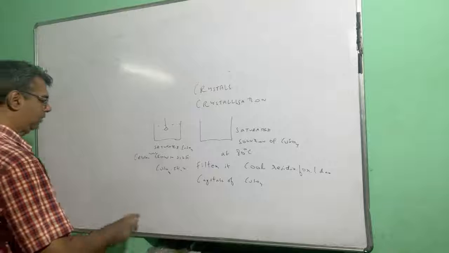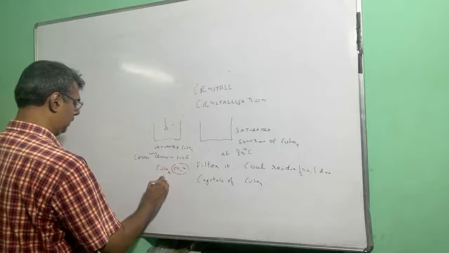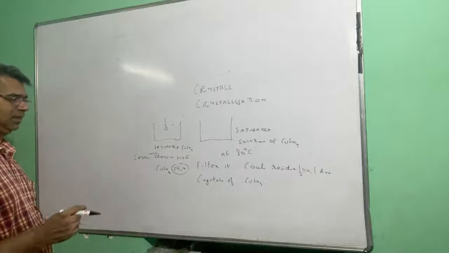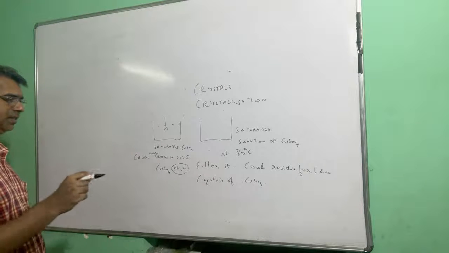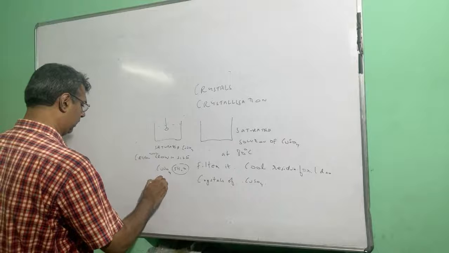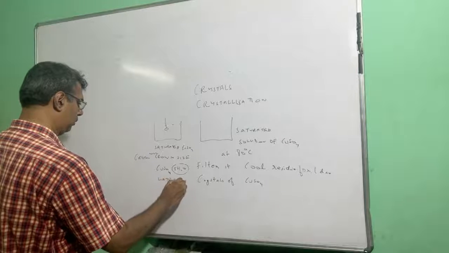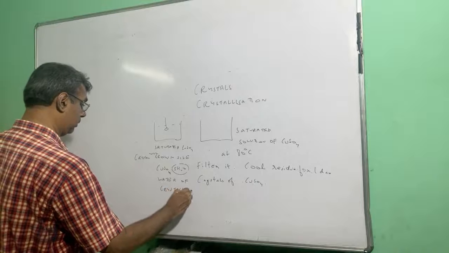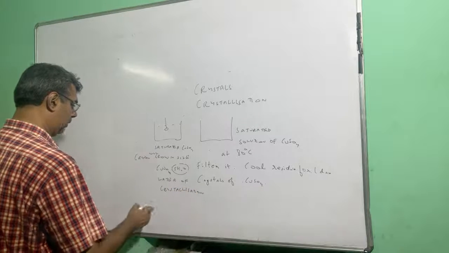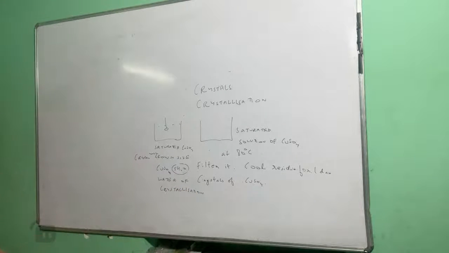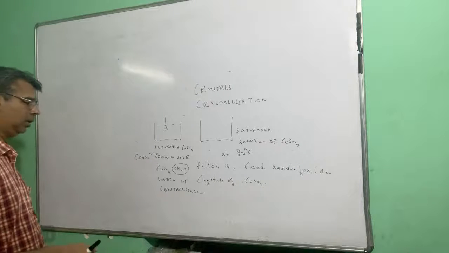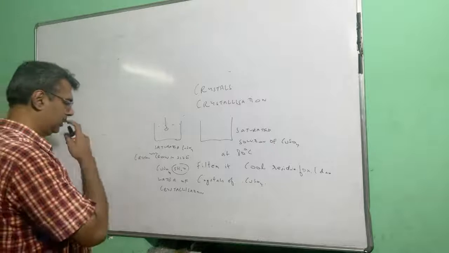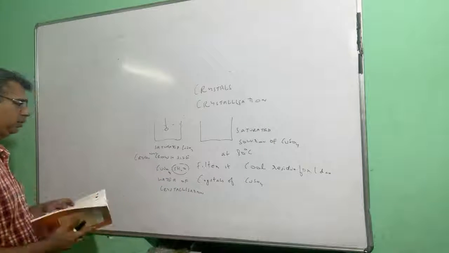Now this 5H2O, it has to be understood, is water molecules which are inside the crystal. It is inherent to the crystal, it is intrinsic to the crystal. And this 5H2O is also called water of crystallization. So this has to be understood very clearly, that the water of crystallization is inherent or intrinsic to the crystal. It is there in the crystal. So CuSO4.5H2O